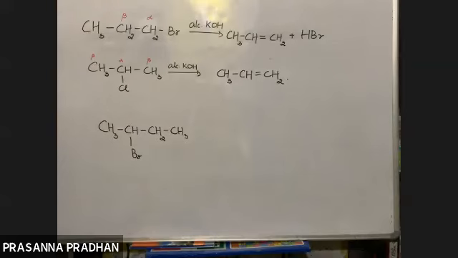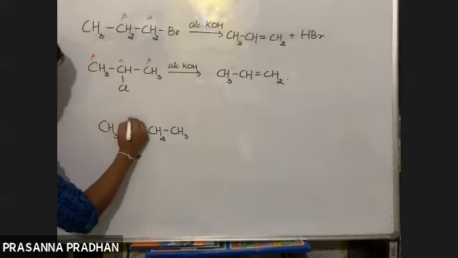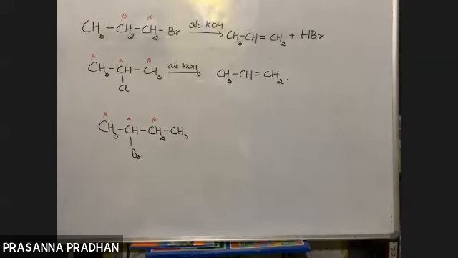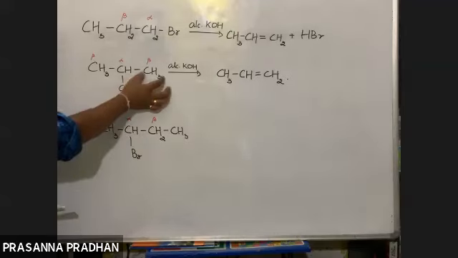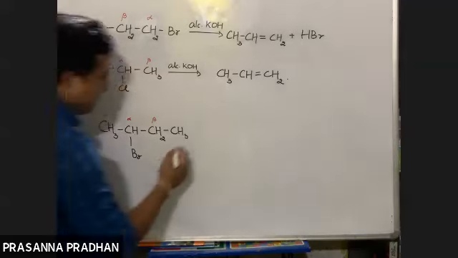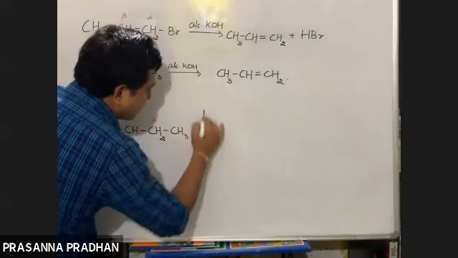Okay, now this. Now again, this is the alpha carbon. This is the beta carbon. This is the beta carbon. Now there is a problem. What is the problem? If this hydrogen is eliminated, then we get butene, the double bond will come out here. But if this beta hydrogen is eliminated, the double bond is going to come out here. Yes, there is a problem because the two beta carbons are not the same. Here the two beta carbons were the same, CH3, CH3, but here they are CH2 and CH3. So here there are two possibilities which are formed.